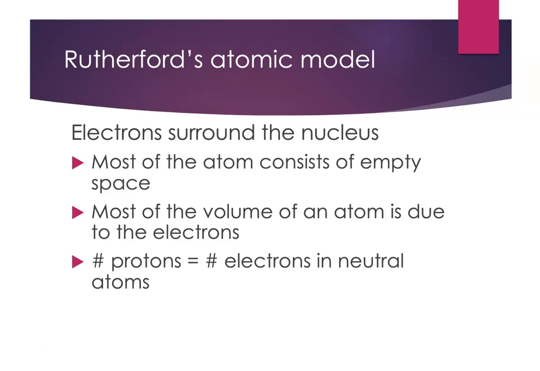All right, we also know that because atoms are electrically neutral, if I have a certain number of protons in the nucleus, I must have that number of electrons in the neutral atom. I can gain and lose electrons to form ions, but let's focus on the neutral atoms right now. So we've got this new model of an atom, the nucleus with most of the mass inside, and then the electrons outside taking up most of the volume.